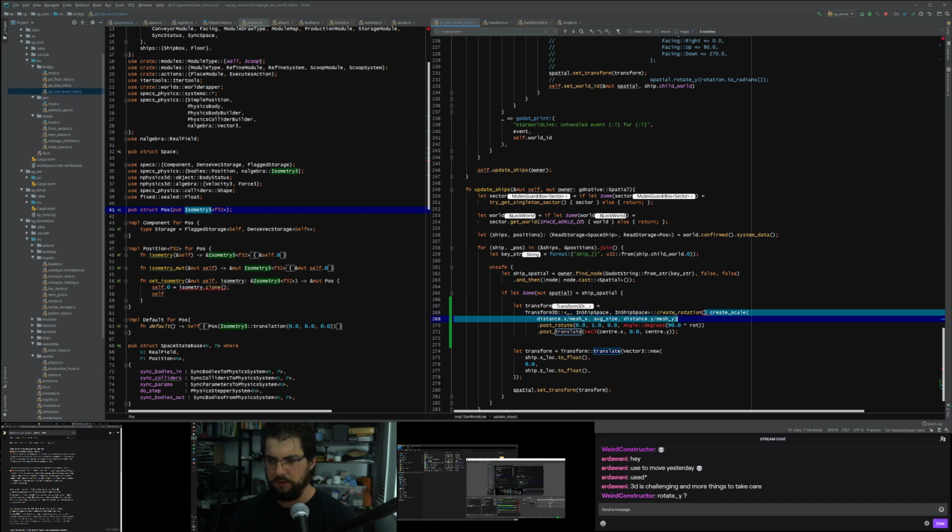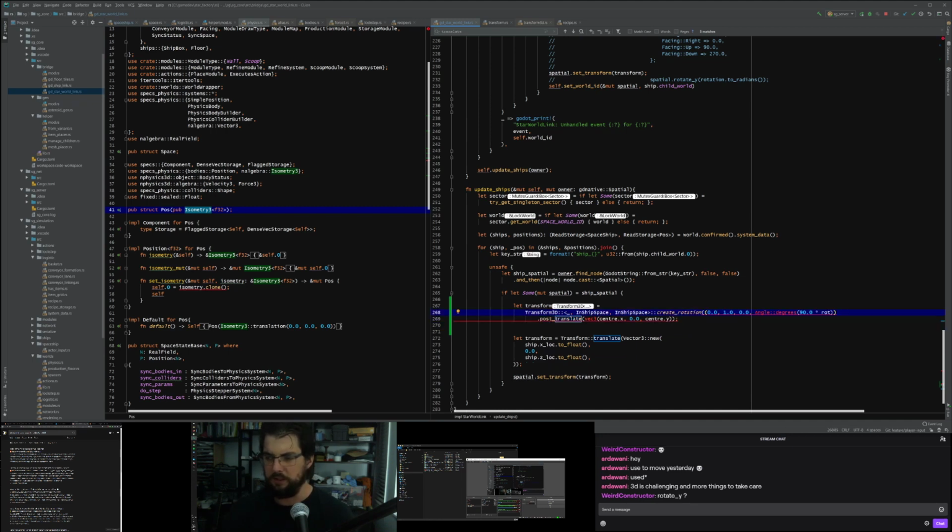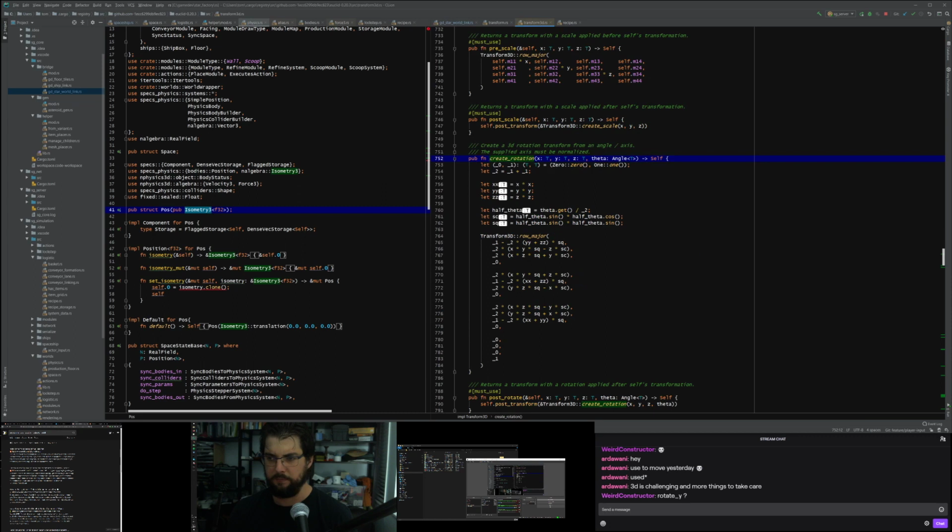So create rotation, and that will create a new transform that just does a rotation. And once we've got that transform, we can then immediately translate it or move the ship to the correct place. So we have to specify here, what are we specifying? X, Y, Z, theta angle. Okay.